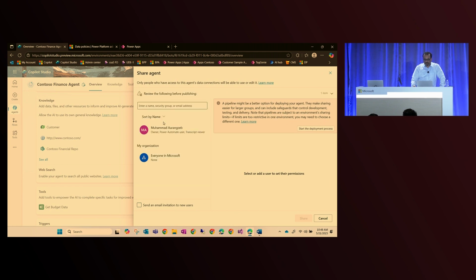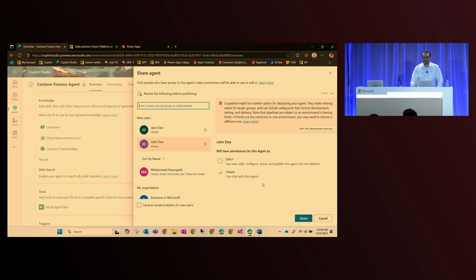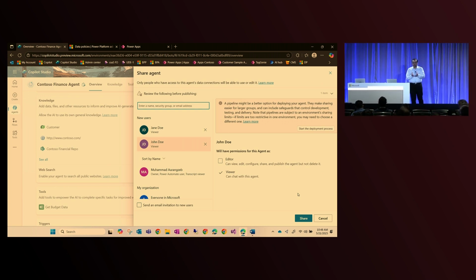If I go over here, I can share it with everyone in my organization. I can share with a few people. For example, I add a couple of users over here. And as you can see, it is allowing me to share this, no restriction on it. But imagine a scenario. Maybe you're creating it for the finance team, and finance users are just up to 5 users. So you want to build some safeguard. Nobody can actually publish a certain financial ingested data agent to users outside their original scope by mistake, maybe to the whole organization, to other people as well.